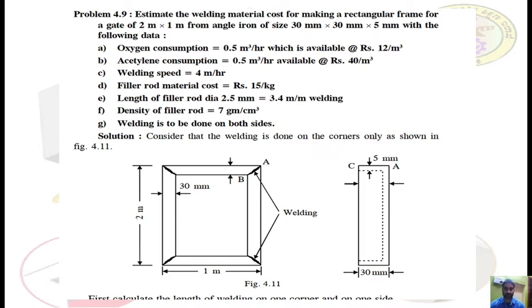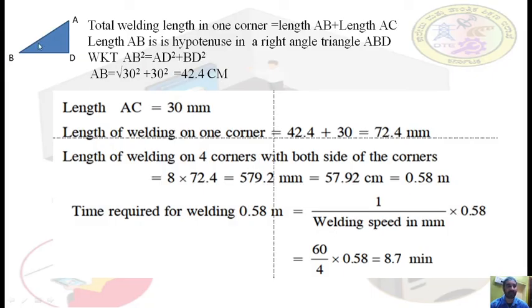In order to find out the length AB, we have to use trigonometry here. So just create a triangle here. Like this, if you make a D here, triangle ABD, this BD length is 30, which is given already, and the length of AD is also 30, which is also given here. All the dimensions are 30 here. So if you take a right angle triangle ABD, we have to find out the length of AB, which is a hypotenuse. This length AD is 30 and length BD is also 30, which is given.